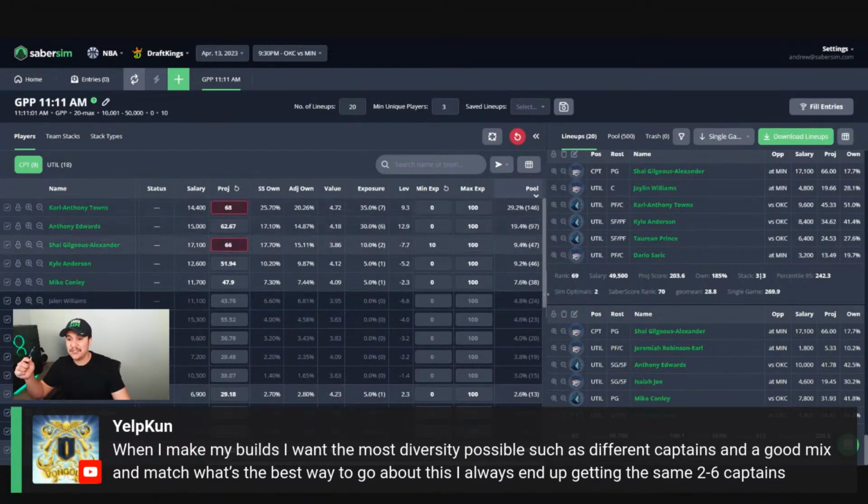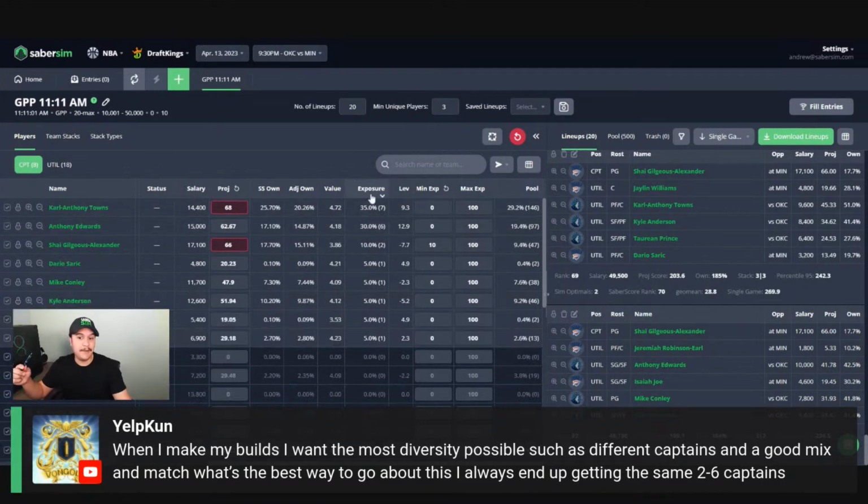Maybe you want to match with the field here. So I think you can handle it on just a raw exposure basis. And then I would just sort by pool and then make sure you're getting to some of these higher pool exposed guys and then kind of spreading it out from there. But it really depends what you're looking for. I think that with this combination of min uniques and then just forcing some exposures, we went from 5 to 8 captains. I would say it's okay to be kind of concentrated at the captain position in a sport like